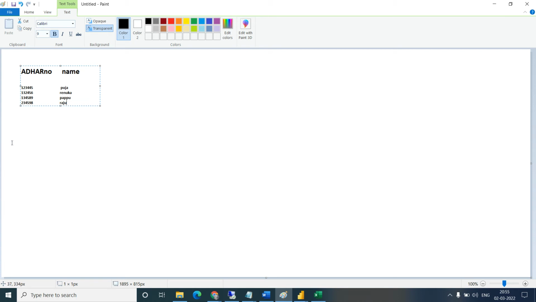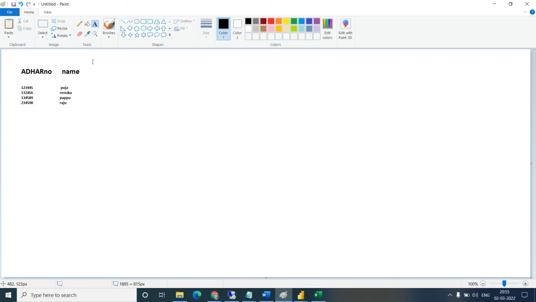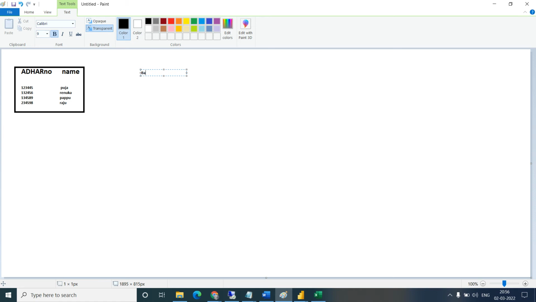Okay, so let's say I have this one table, that is the Aadhaar number table, which has all unique values. There is one more table, that is for the bank account.